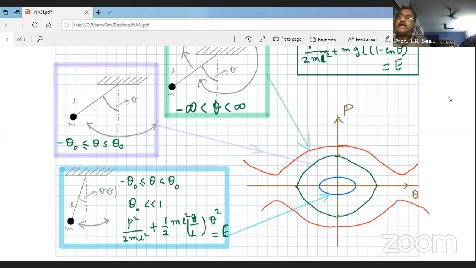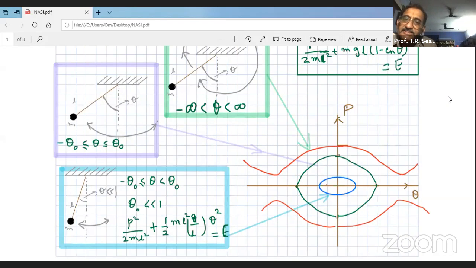Okay? And similarly, I can draw the other one also for the momentum in the opposite direction. So I see that there are these 2 cases: the oscillations for very small theta, and the other case where the oscillations are for very large theta. Now you have the case of a real oscillating pendulum,